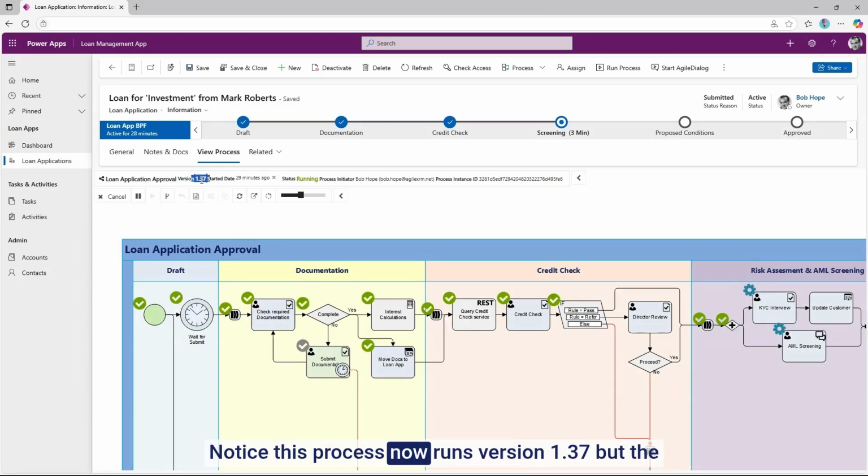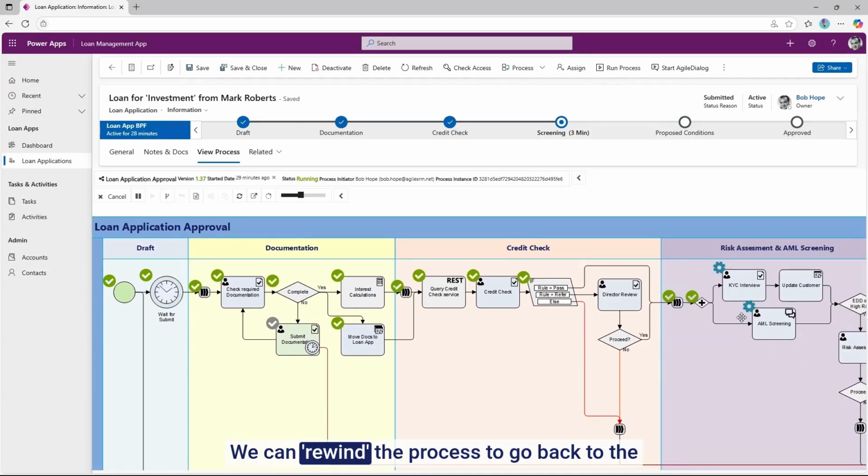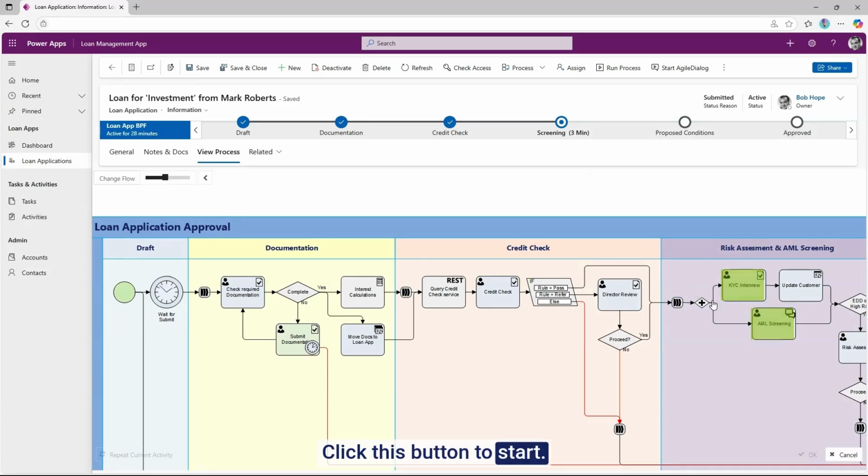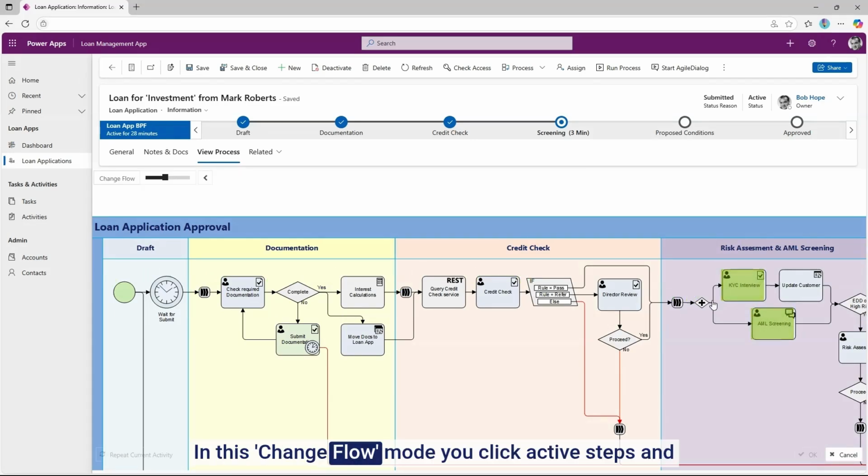Notice this process now runs version 1.37, but the process has already moved on to the next stage. We can rewind the process to go back to the previous step to reevaluate the conditions. This is called change flow functionality, and you need the appropriate permissions to perform this action. Click this button to start. In this change flow mode, you click